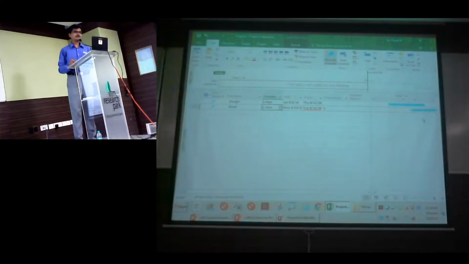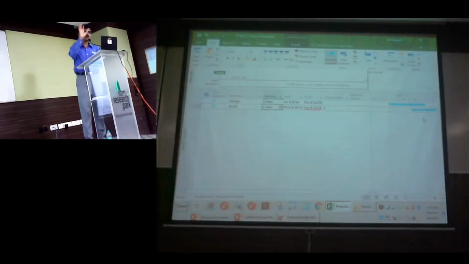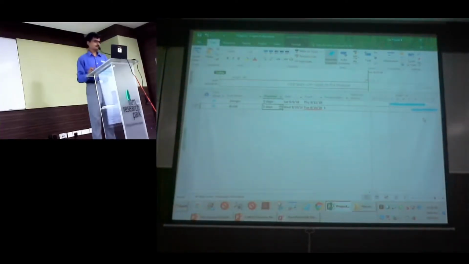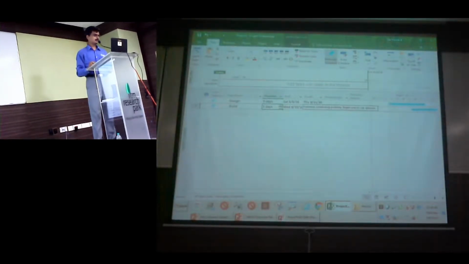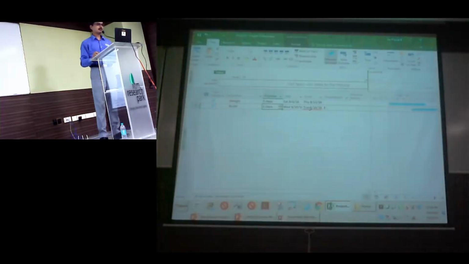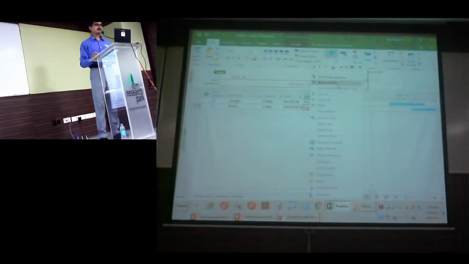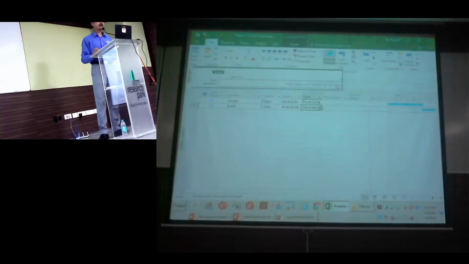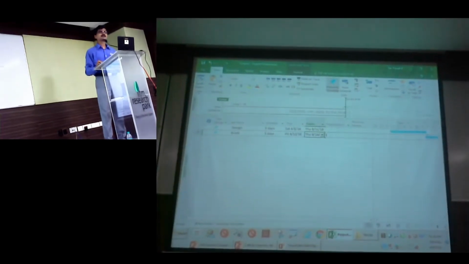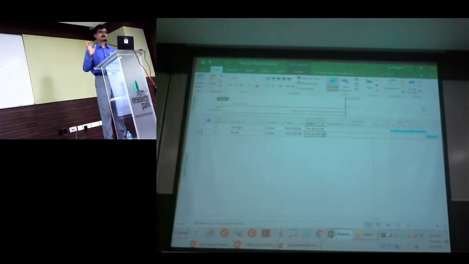So in order to do it, there are two options that are available. If you still want to have it in task mode as manual, I can just right click that red squiggly line. You could see this here, right? I can just do a right click here. I can say respect the links. By doing it without changing your task mode, I'm still able to adjust it. But the problem is only temporarily solved. If I go back to my design and say it is going to take now 3 days, you see nothing happens. So if you want a permanent solution, number one, don't hide the task mode column.